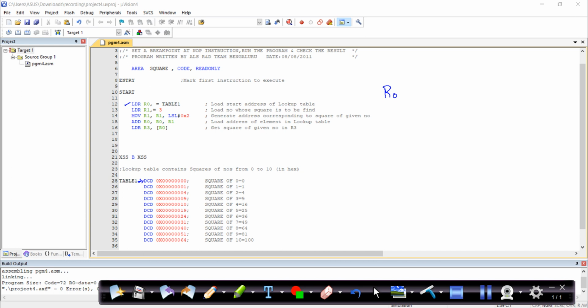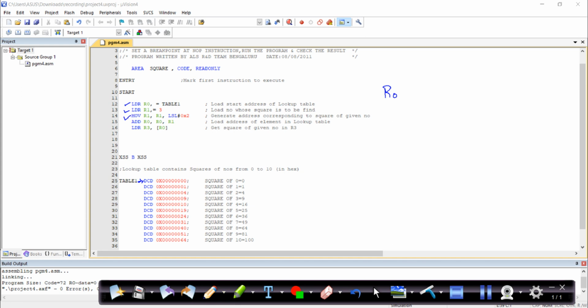The address associated with the lookup table is copied to your R0. Next, LDR R1, =3. This is the number for which I want to find the square. So 3 is the number for which I am finding the square.